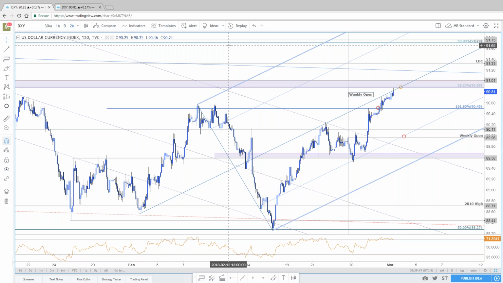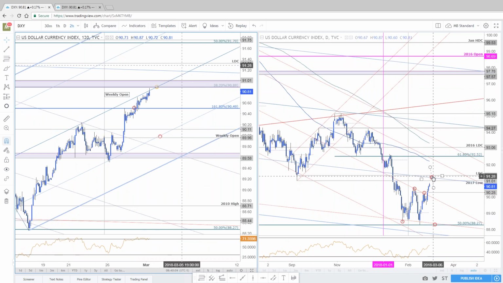We'll go over that. We'll have plenty of time to do that at this point, heading into the monthly open, heading into the weekly close. Watch for a reaction here near term. Broader trade stays constructive above 89.96. And if we do get a stretch into 91.33, I'll be looking for a possible reaction here.